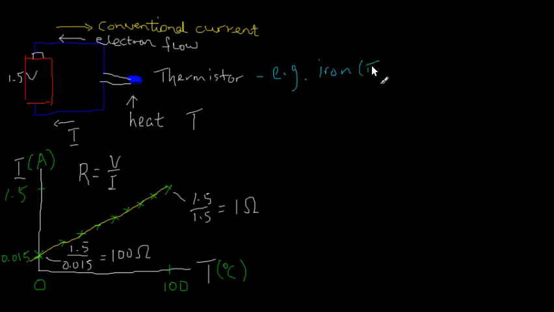The precise chemical name is iron 3 oxide. And with some tiny amount of impurity of titanium, tiny amounts of titanium,